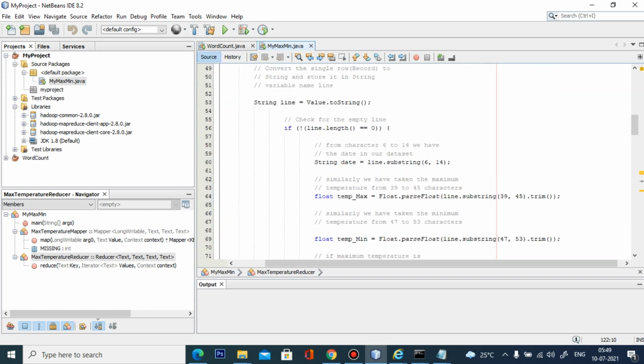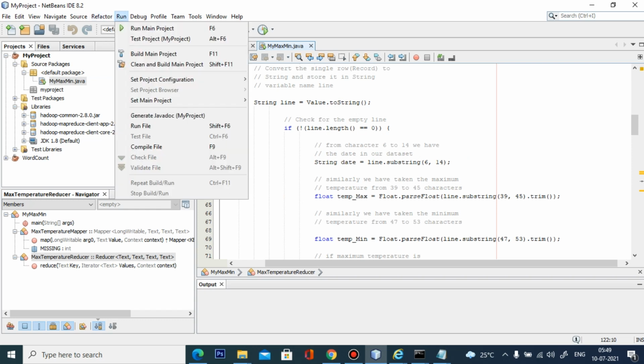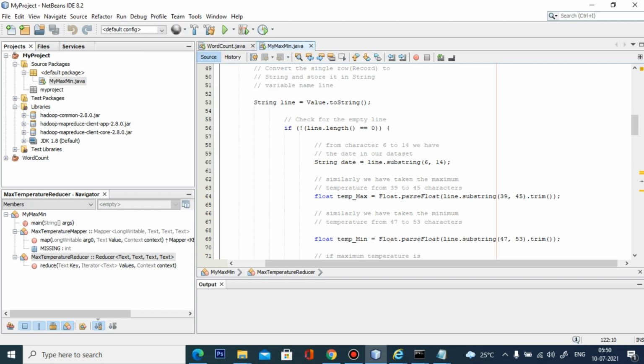So now we are going to create a jar file for our weather data analytics program. So what you have to do is run, set as main project, my project.